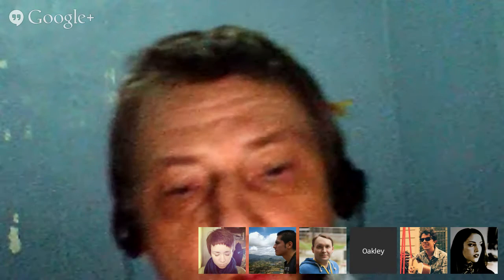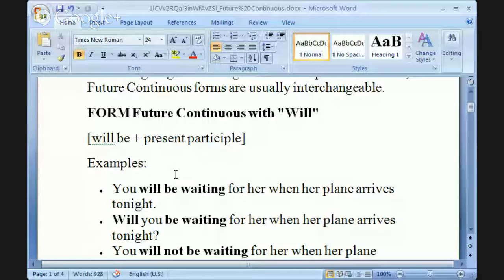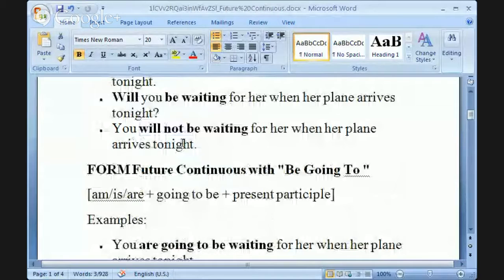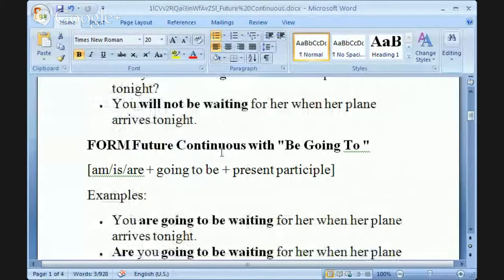It's really up to the speaker to add that emphasis. Real quickly, continuous tenses: you're emphasizing a continued action, an action with duration, an action that takes time. Again, two forms: will be, and the present participle, the ing form. You will be waiting for her when her plane arrives tonight. Okay, very simple, similar to the future perfect forms, just you're emphasizing the duration or the length of the action